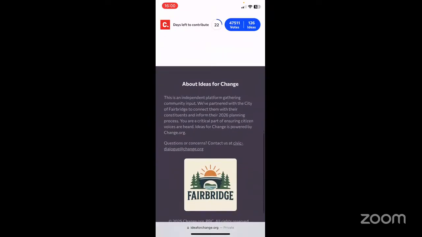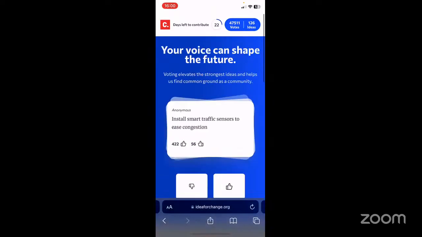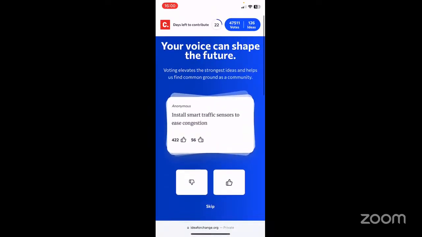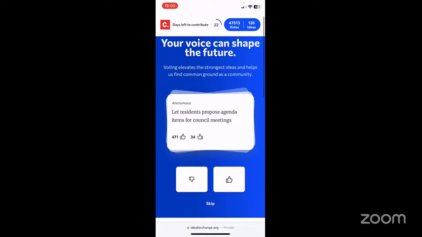Interesting. Yeah, very cool. Anything else you would do from here? I think I would vote, and right now, I don't think you can see, but I'm clicking on the 47,000 votes up here just to see if clicking it would go to anything. That's good to know because we can't see that.